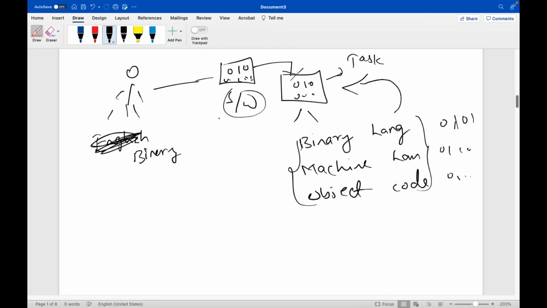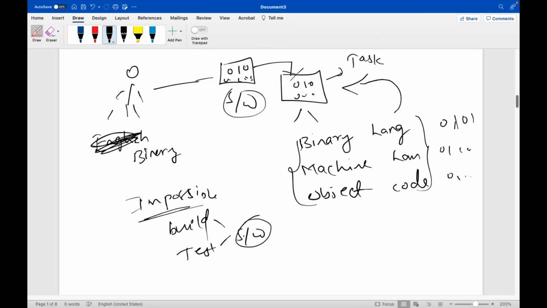But writing software with the help of binary language is impossible, because we are not writing 5 zeros or 5 ones. We would be writing thousands of zeros and thousands of ones, and lakhs of zeros and lakhs of ones. That is impossible even to develop, build, or test software with binary language, right? Right or not? For that,